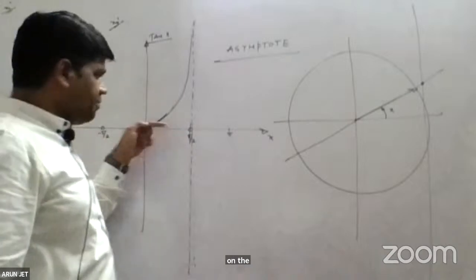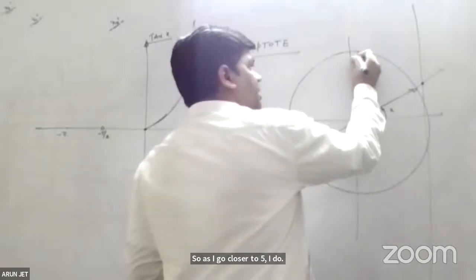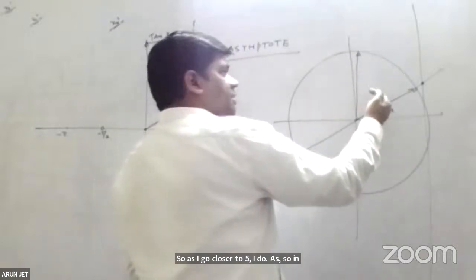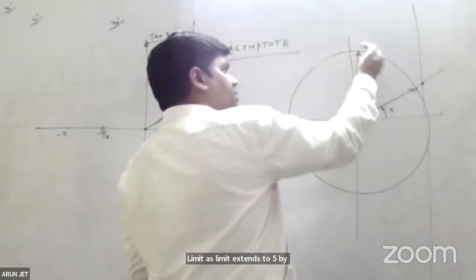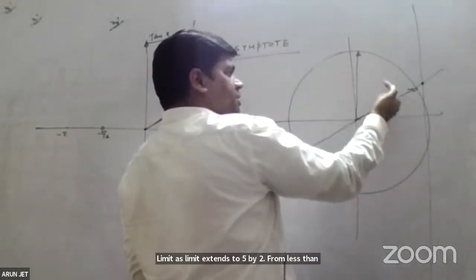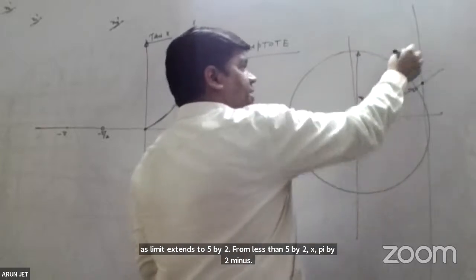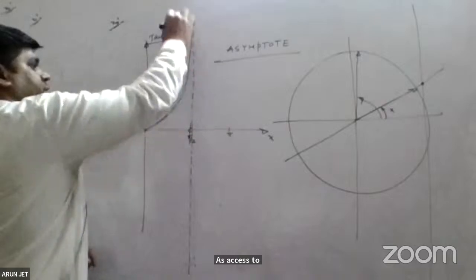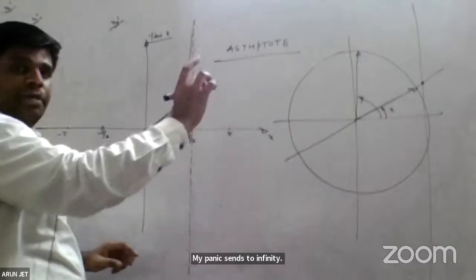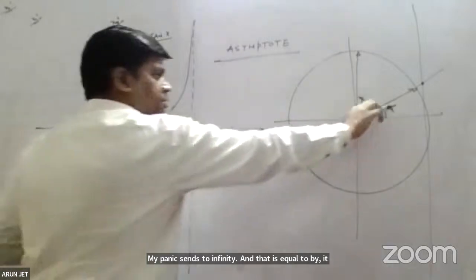So as I go closer to pi by 2, as sir in math was talking yesterday, limit. As limit x tends to pi by 2 from less than pi by 2, pi by 2 minus, as x tends to pi by 2, my tan x tends to infinity. At x is equal to pi by 2, it's not defined. But below this,